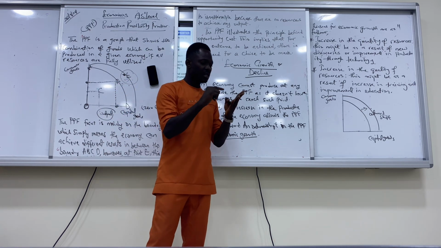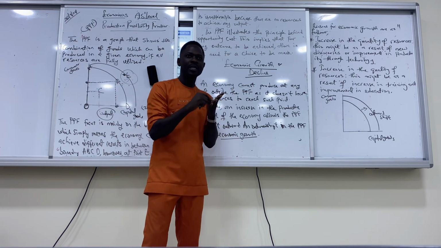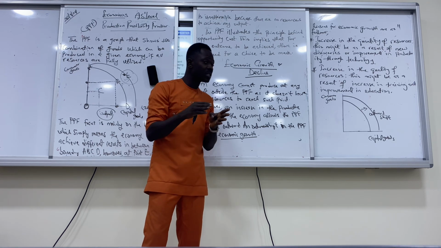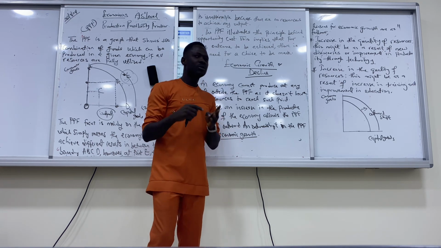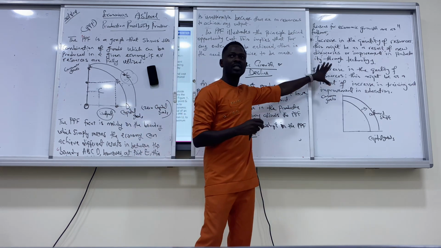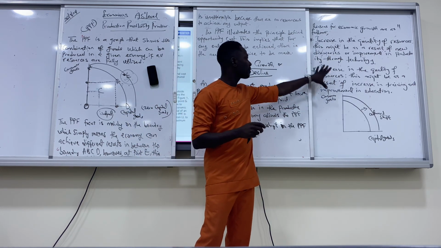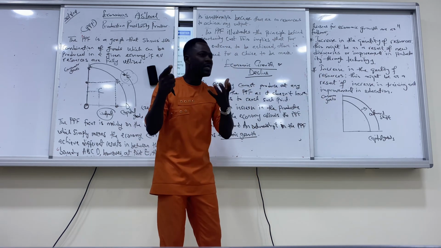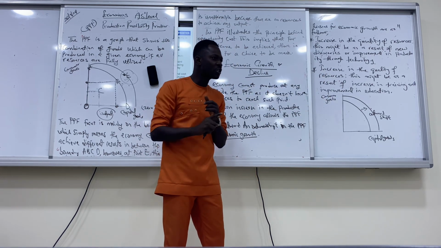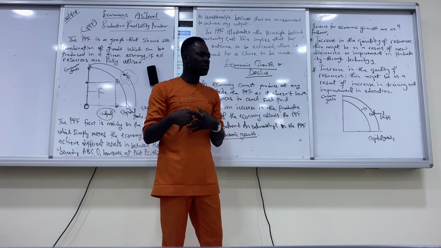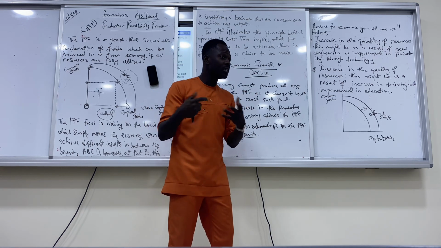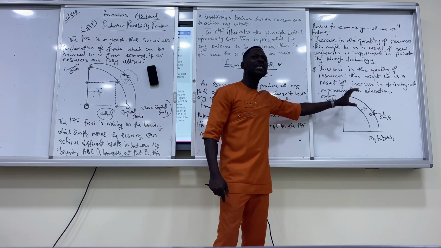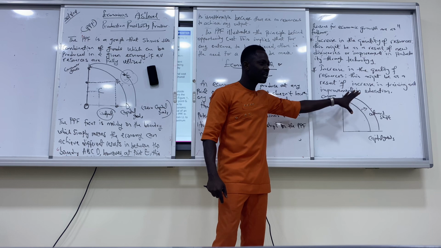In some way, for an outward shift to occur in an economy, both the quantity and the quality of raw materials or resources must increase. So what will make it increase in quantity? Raw materials and technology. And in quality, when we talk about quality, we're talking about advancement in technology, we're talking about education and training. What does education do? Education allows us to know more, yes or no? So when we know more, then we can do better. And training improves the skills of workers.